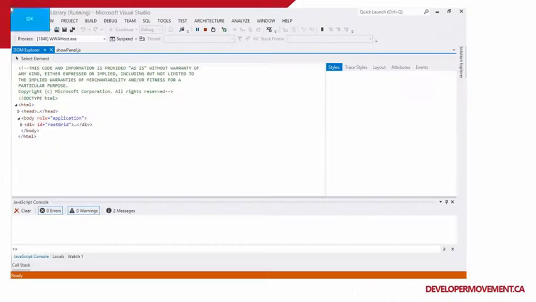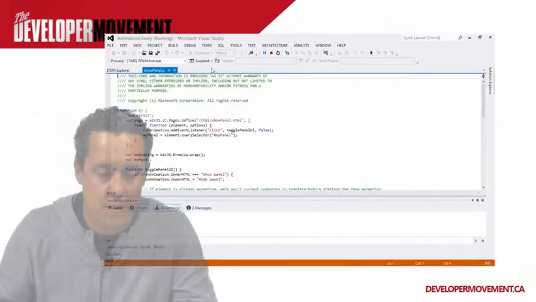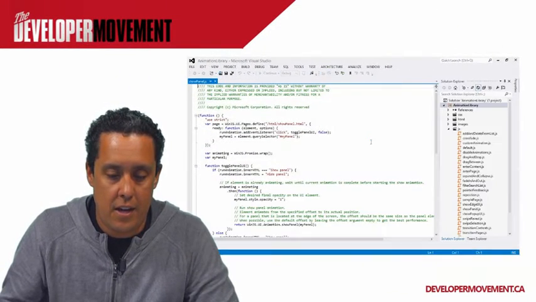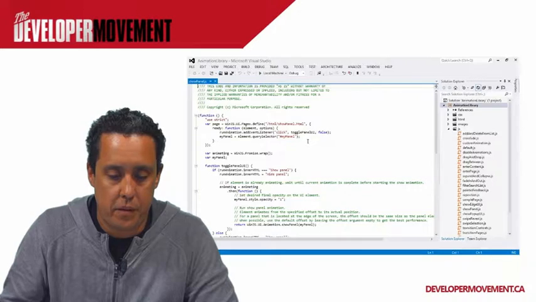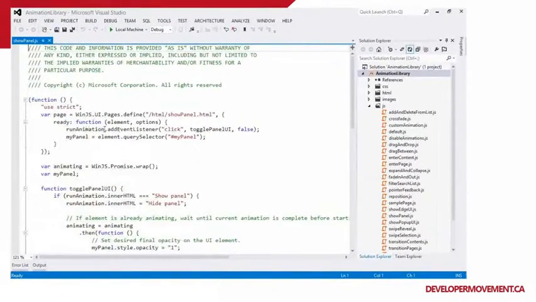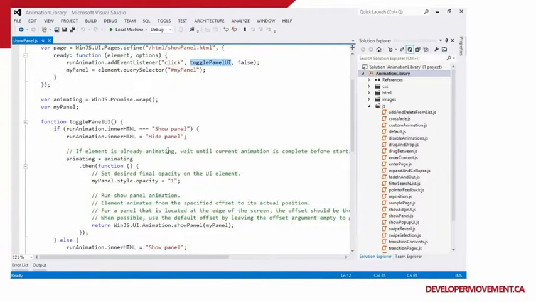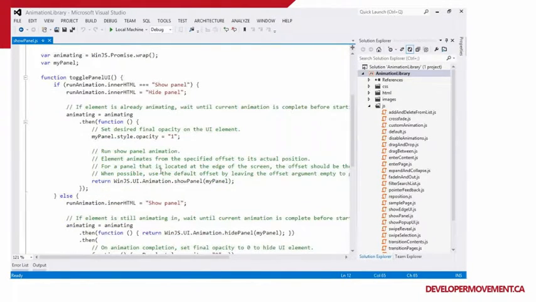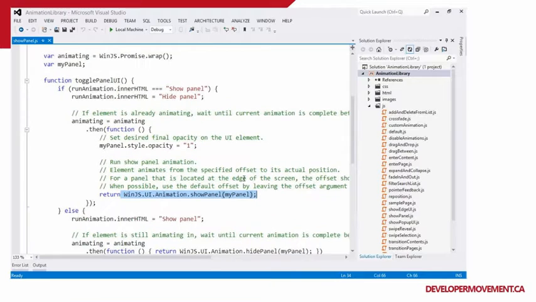And how do we get that going? So in the sample, what it does, it just adds a run animation add event listener. So it adds a click to the button. And then we do the animating. And right in here is the main thing. So winjs.ui.animation.showPanel, pass it the element that you want to show. And to hide the panel,